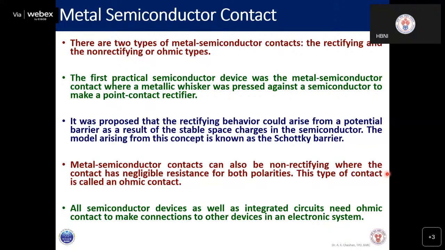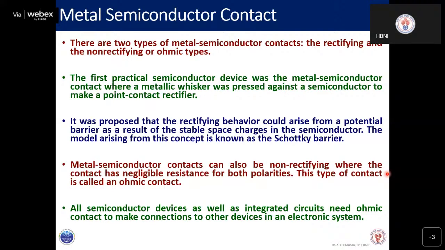Some of the carriers will be opposed. Some carriers will be promoted to transfer, and some will be opposed. So all semiconductor devices as well as integrated circuits need ohmic contact so that connections can be made to other devices in an